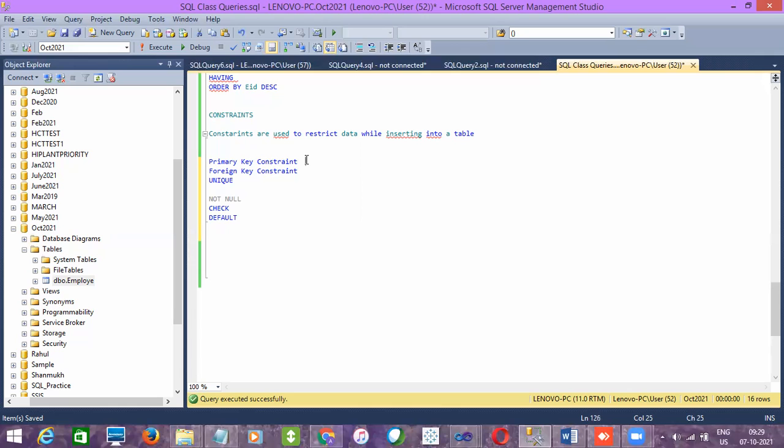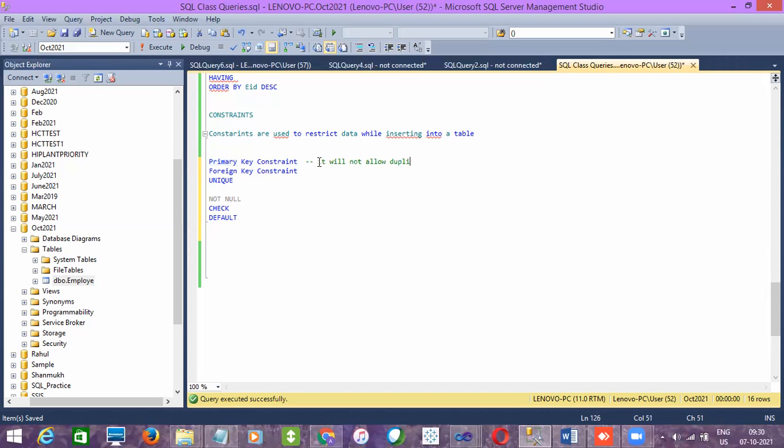So what does the primary key do? What is the functionality of it? What does it restrict? All these constraints are at table level, guys. Let me confirm one thing. We'll create all these constraints on a column level. Under table, we'll implement in the column level, right? So let's say if I give primary key on the employee ID column, what does it do? It will not allow duplicate values.